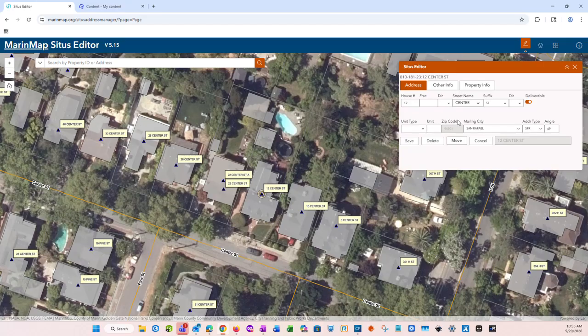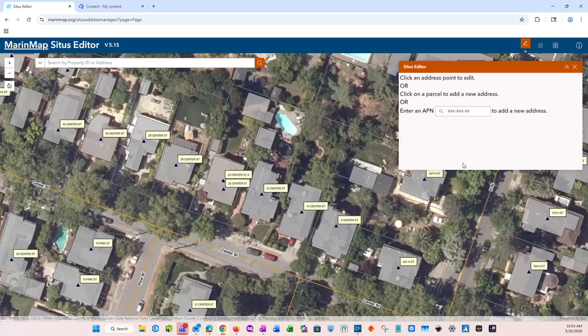If I needed to move my point, I've got this move option here within the editor. So if I select move, it's going to highlight that crosshair, and then I can move my point as needed. And all I would do to save that move is exit the move button here just by clicking it again and then selecting this save button. For now, I'm just going to cancel out of that move, and it's going to cancel my edit. But if I reselect that example there,